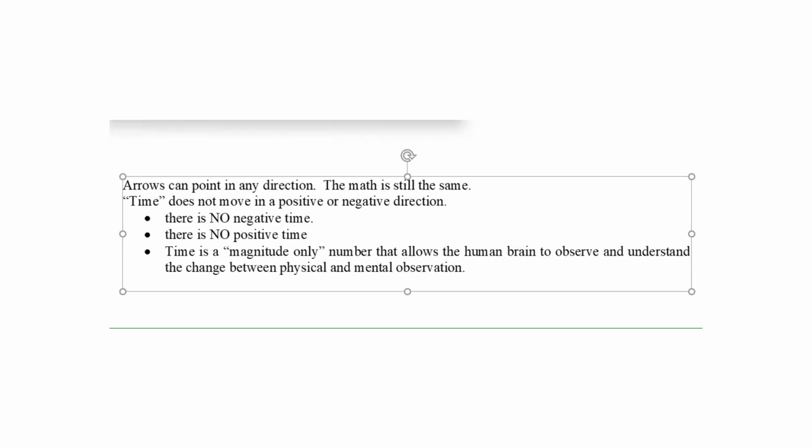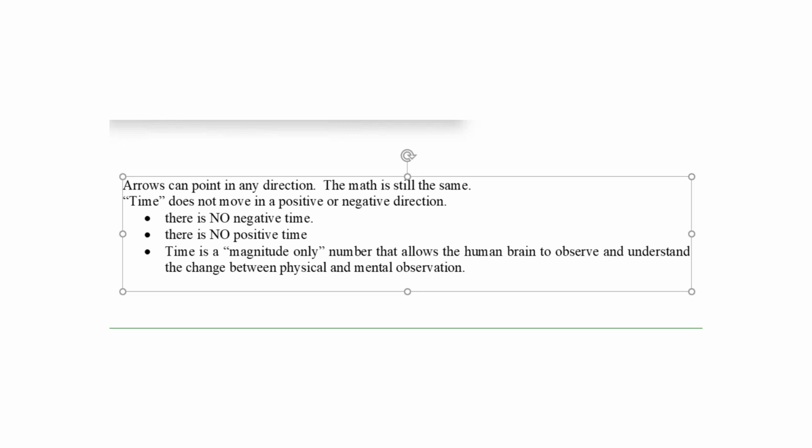Arrows can point in any direction. The math is still the same. Time does not move in a positive or negative direction. There is no negative time, there is no positive time. Time is a magnitude-only number that allows the human brain to observe and understand the change between physical and mental